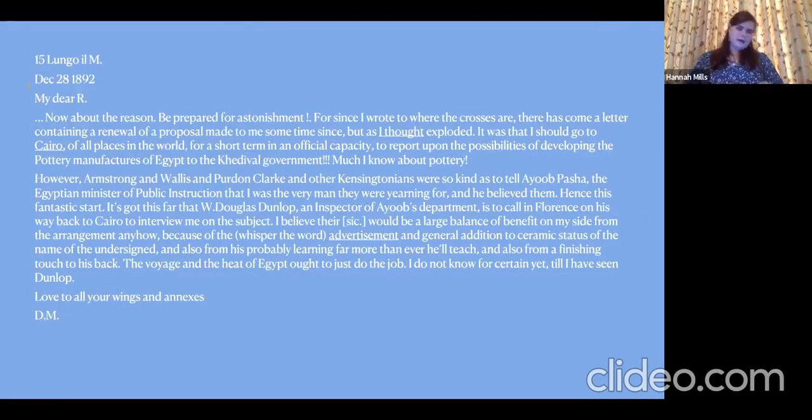So I've also included some letters here, and this one of December 28th, 1892 is really when De Morgan is talking to his partner, Halsey Ricardo, about being approached to work on this project. And he's talking about how astonished he is, and the fact that other Kensingtonians, as he calls them, were kindly telling the Egyptian Minister of Public Instruction that he was the very man for the project that they wanted to work on, because of his skill in recreating lustreware and his knowledge